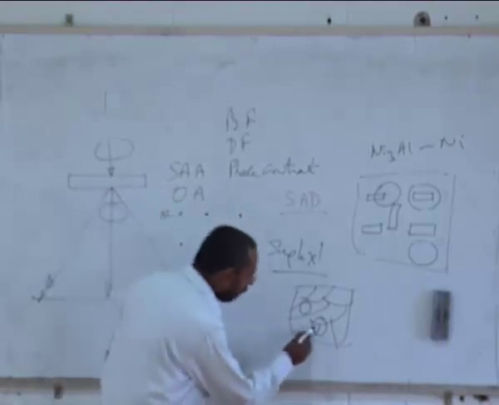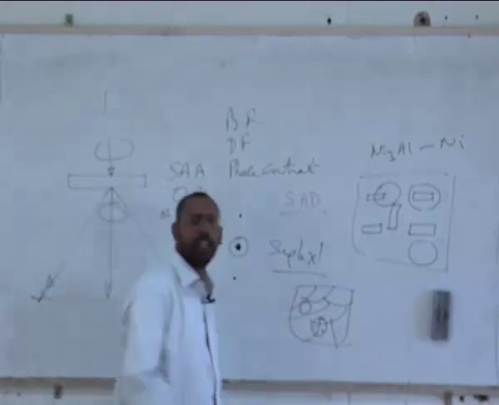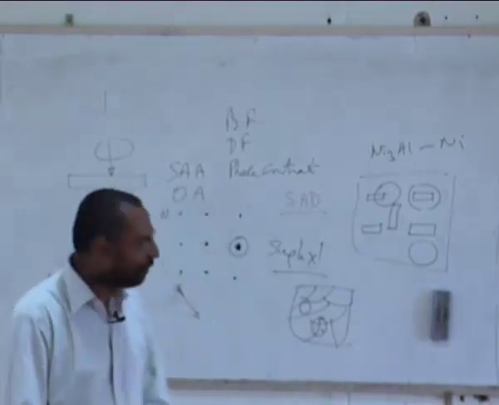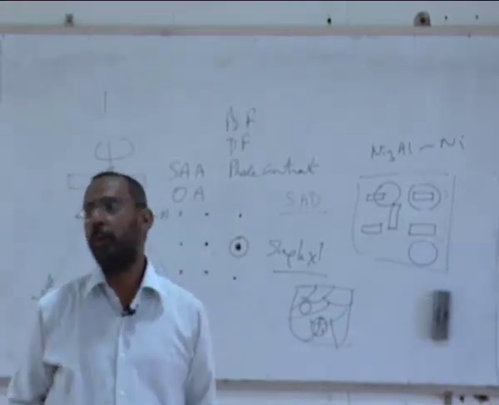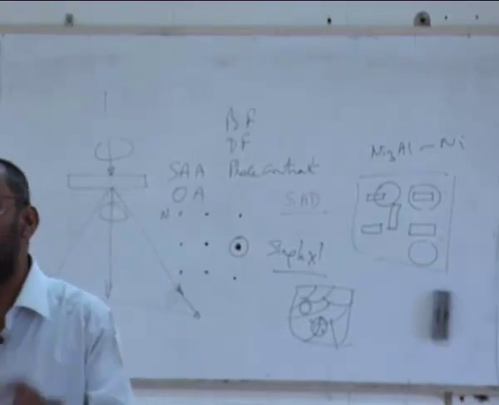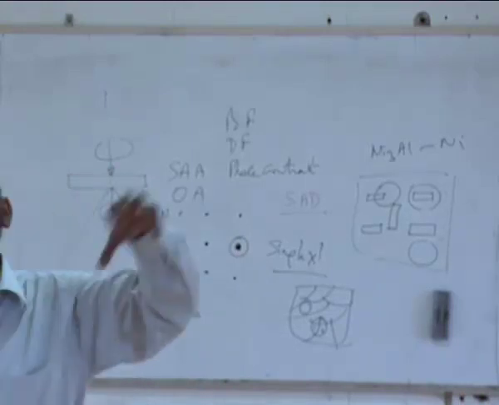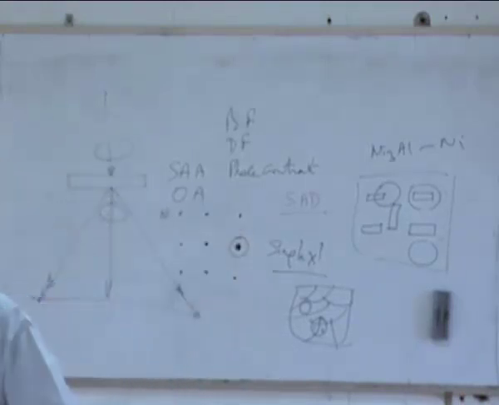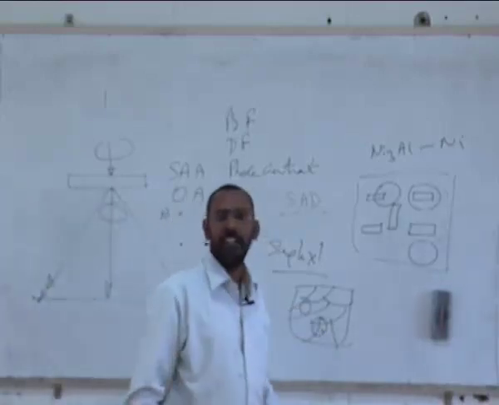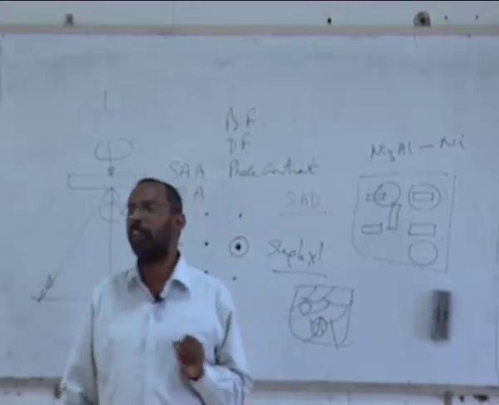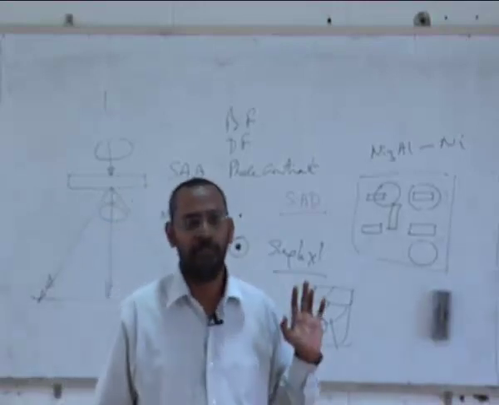That means this grain 1, grain 2, grain 3, all of them are giving diffraction. And the diffraction patterns from all of them are being collected, and then you are able to see. That means you will now get a diffraction pattern which is a composite diffraction pattern coming from all the 3 grains. And what is the difference between each of these grains? The difference between each is the orientation difference. Right?